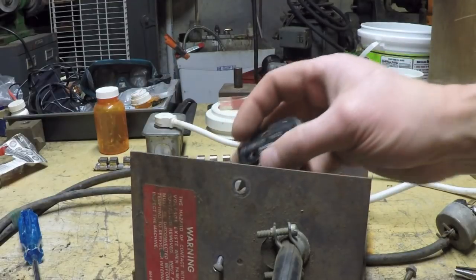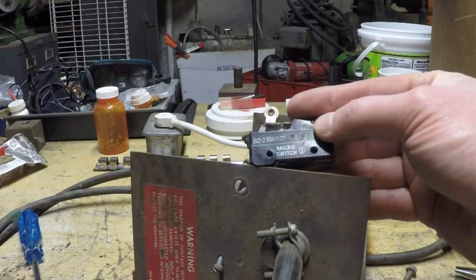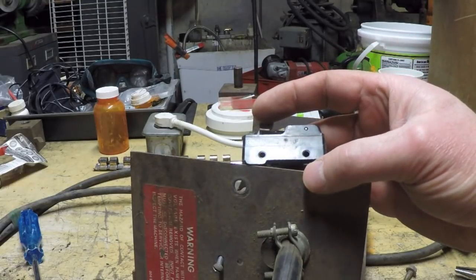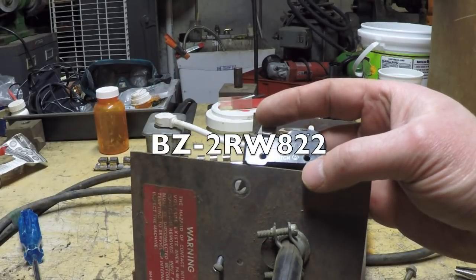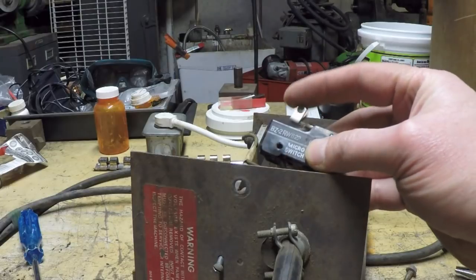All right, now there's nothing wrong with my switch, but I removed it because the part number is on the back side of the switch that I couldn't see, and I just wanted to get this part number to anybody who might need it. This is a B as in Bravo, Z as in Zulu, -2, R as in Romeo, W as in Whiskey, 822. And this is a micro switch. These are very common,